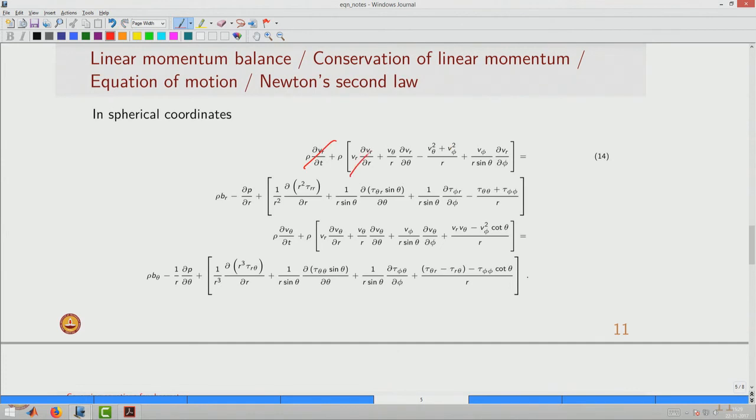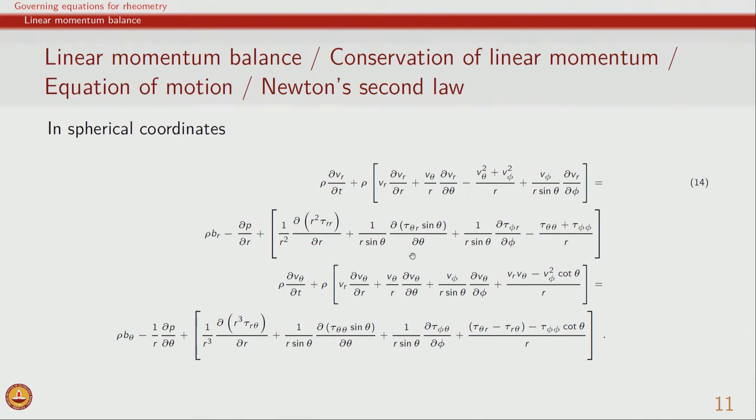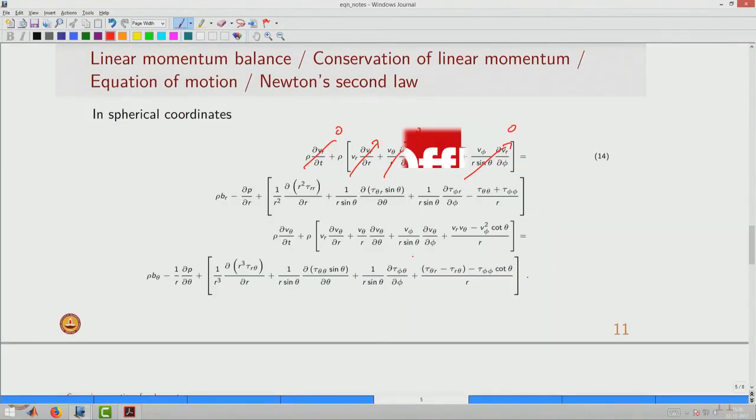So, this term goes to 0, this term goes to 0, these terms with V theta are 0. Similarly, in this case also we can argue that some of the stress components are 0 and some other stress components are not. Again we will have 4 dominant components of stress which are non-zero, and based on that we can simplify, and therefore we can say that this term will be 0